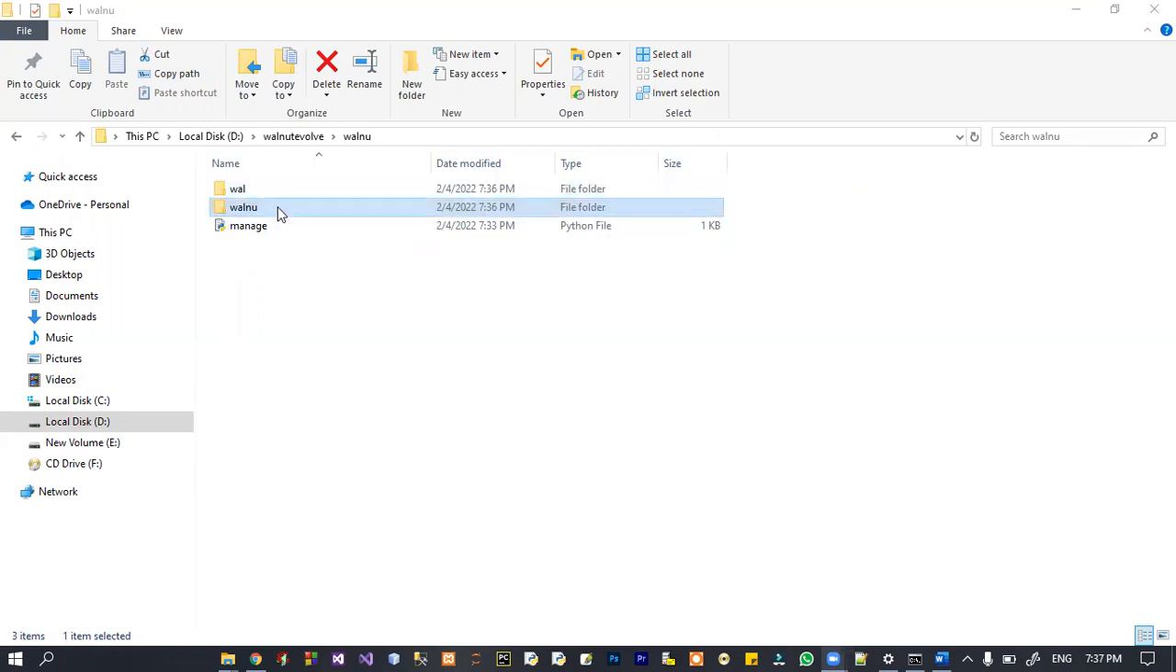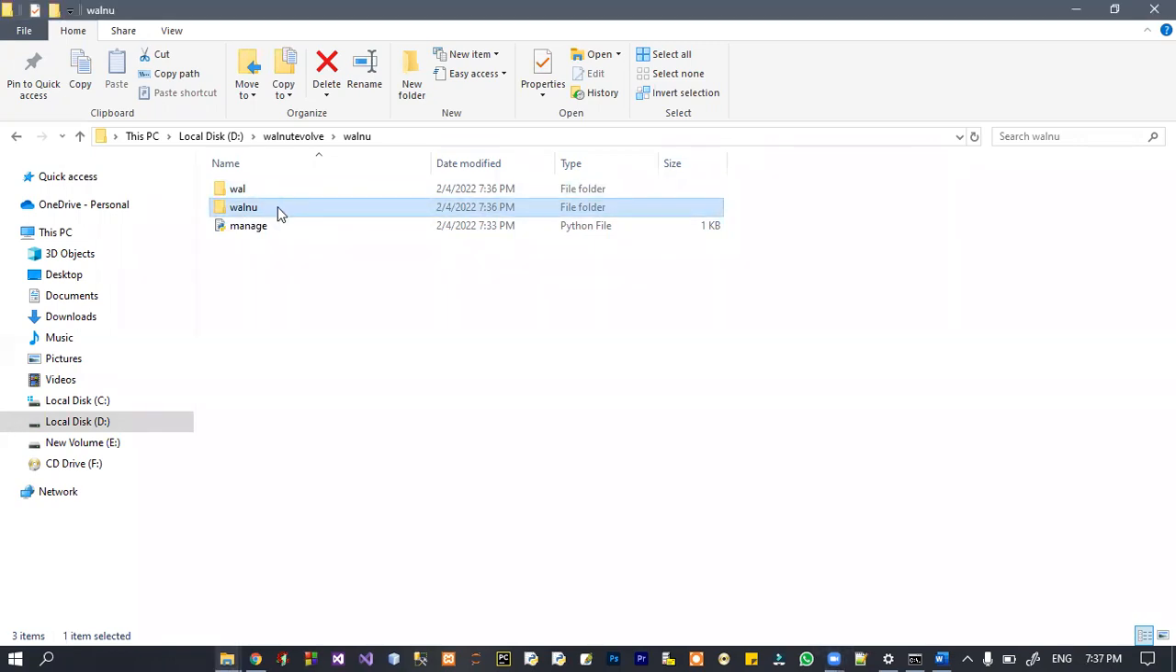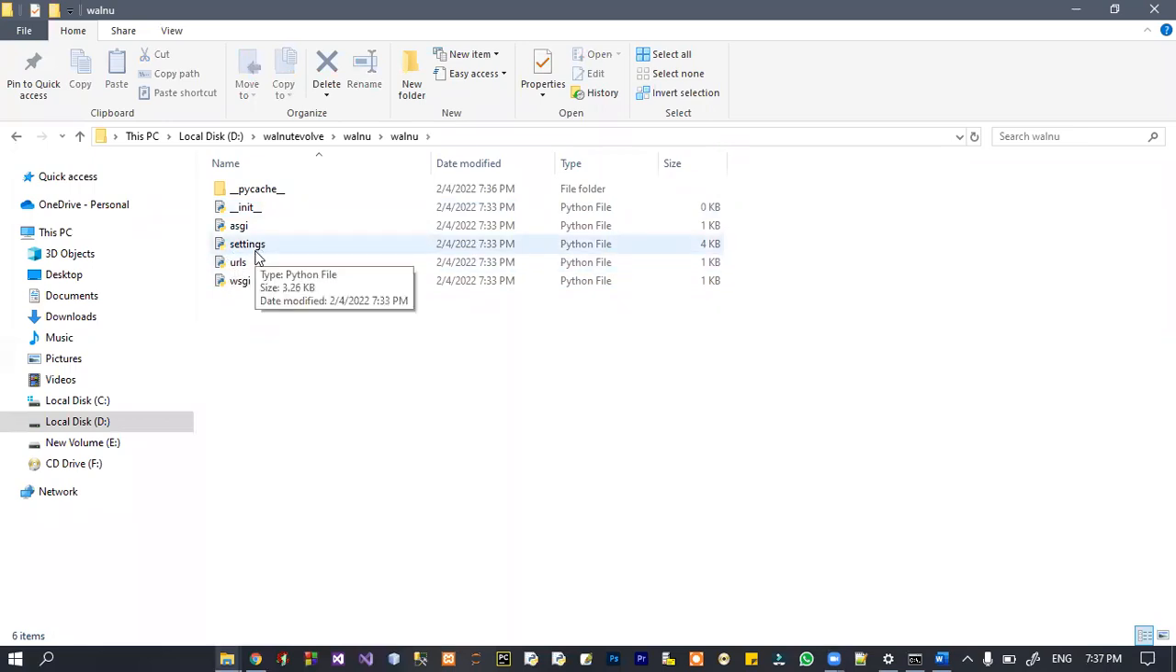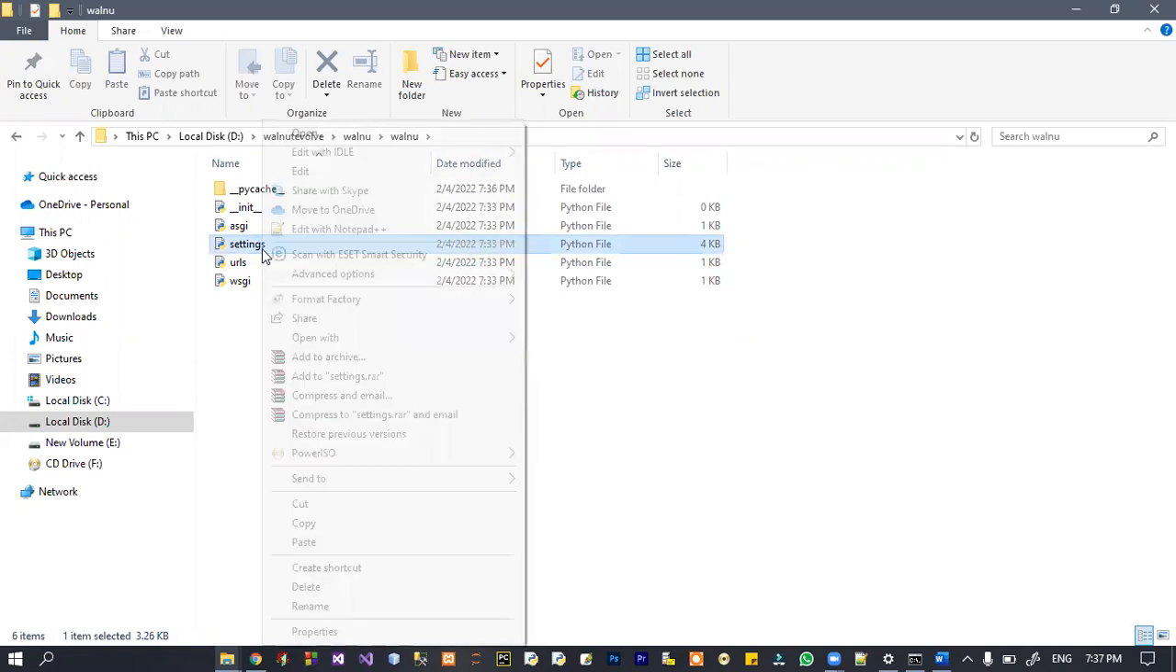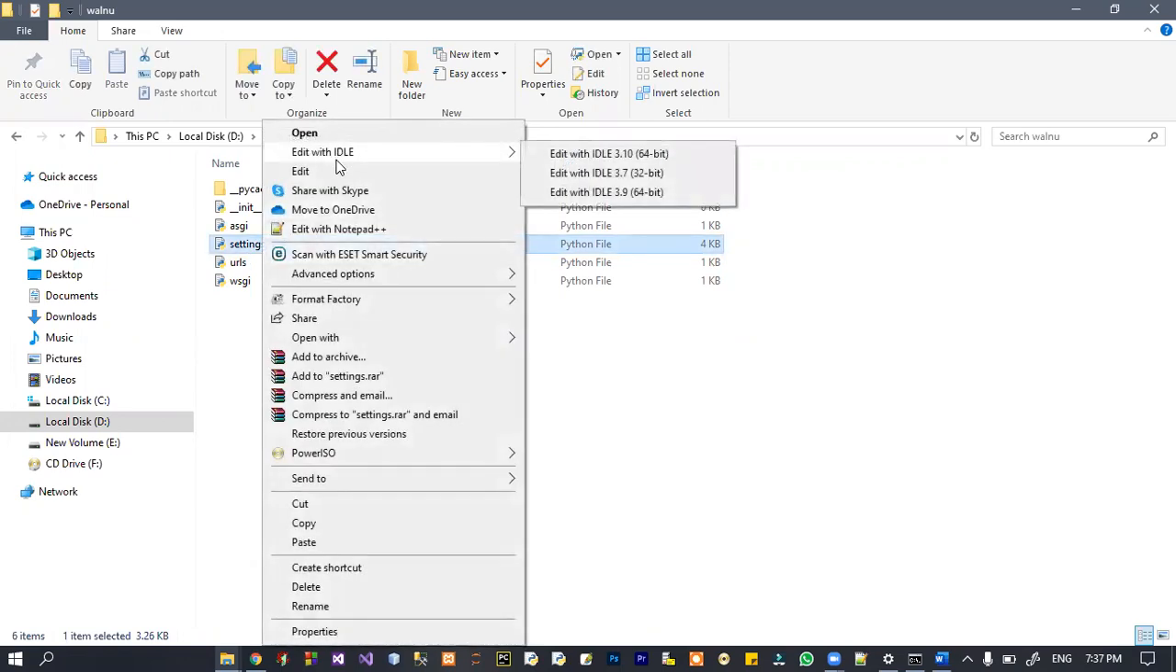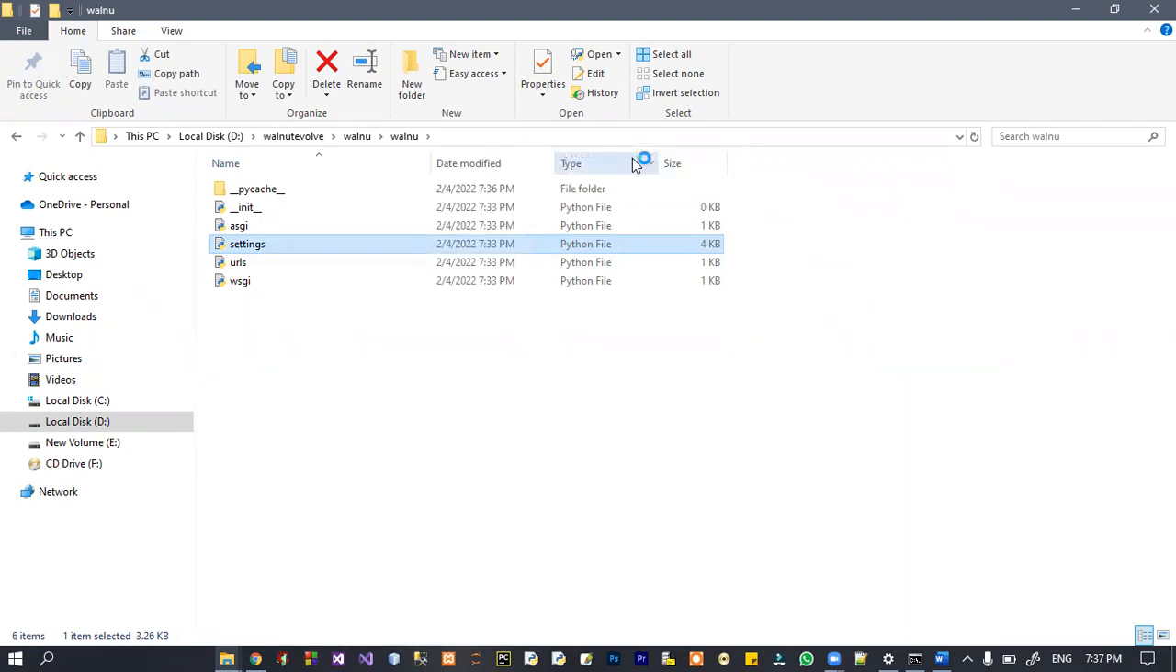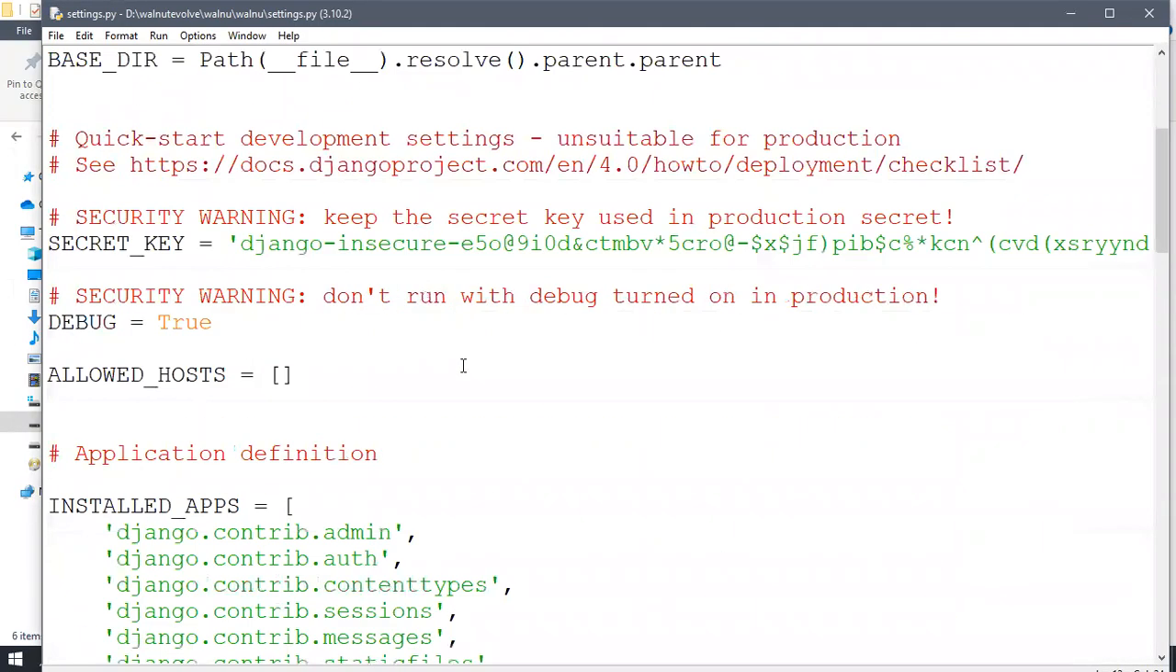So now go inside it, and you will see a file named settings, right? So click that file, select that file and open that file in IDLE, and you will see that